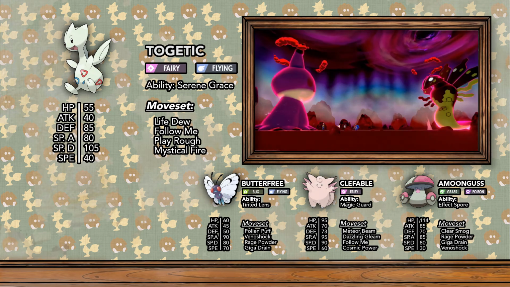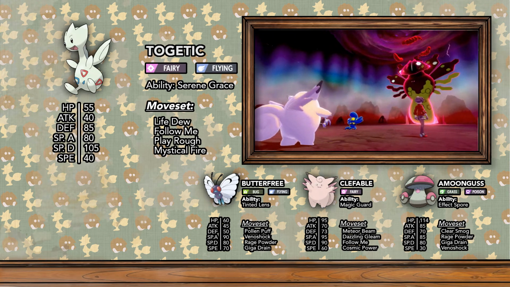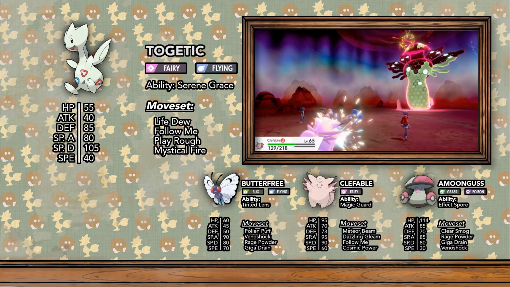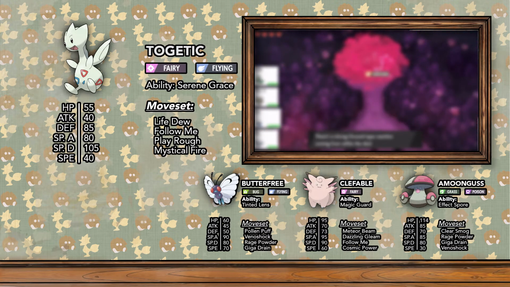We could replace Togetic with either Butterfree, Clefable, or Amoonguss. Butterfree and Amoonguss can redirect with Rage Powder, though Zygarde's attack will damage Amoonguss neutrally, but Butterfree would be immune to any Max Quakes. Clefable is fairly similar. It can ignore any Dragon Pulses or Max Whirlwinds that come its way with Follow Me, but Clefable's ability Magic Guard protects it from any chip damage from Bind, so that's something, I